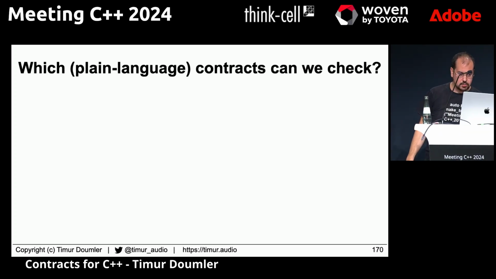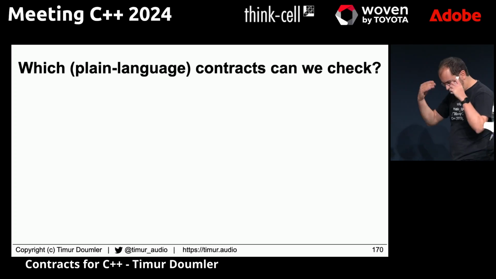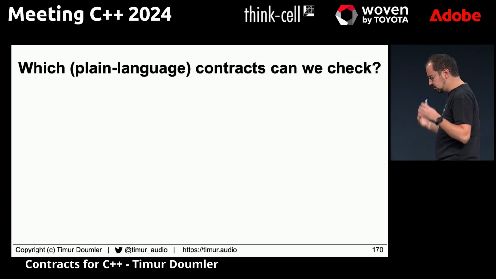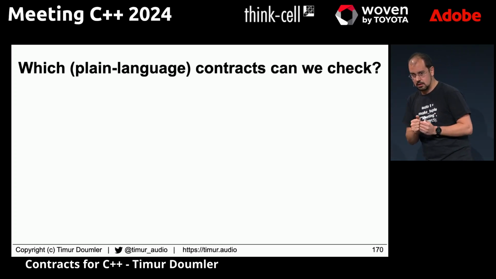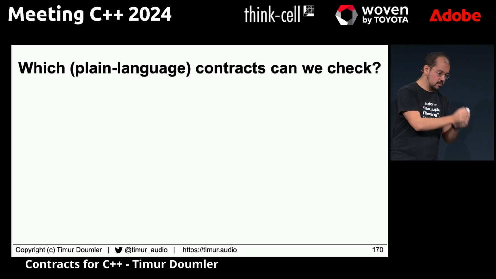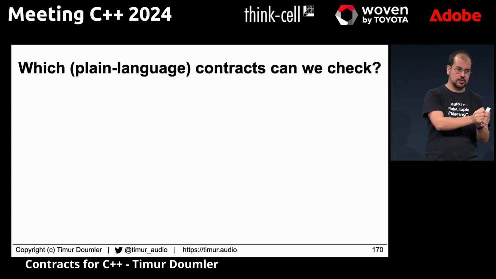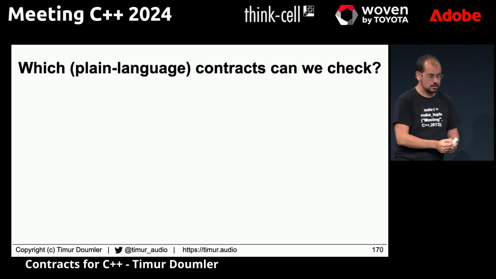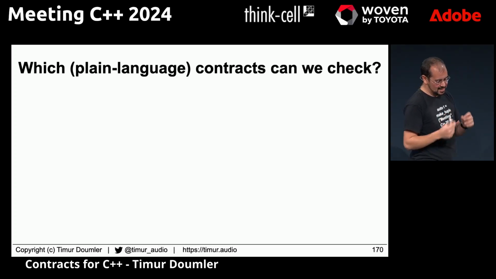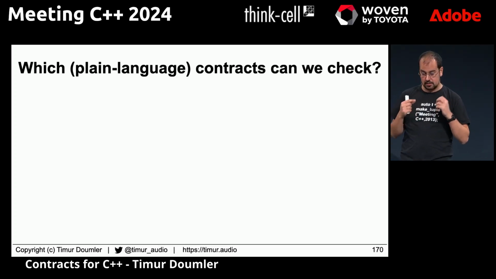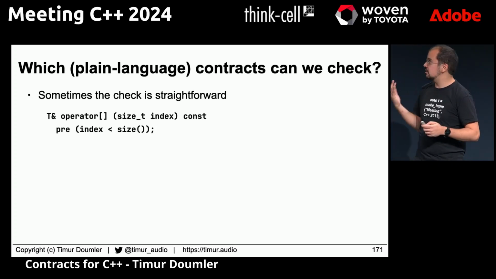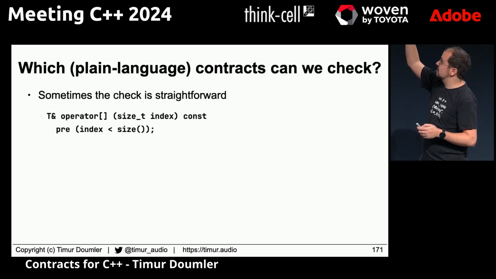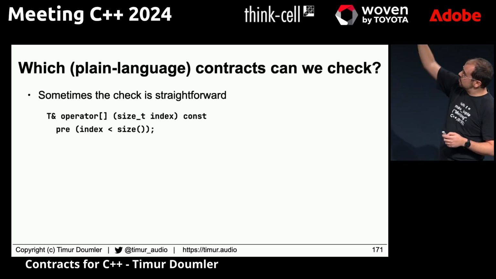And here's the last point I want to make. So there is this concept of a plain language contract, right? Which is the actual contract that your program or your function or your class has. This is the thing that you expect it to do in order for it to be correct. And if your program or your class or your function satisfies its plain language contract, it is correct. Now, it turns out that we can't check every part of the actual plain language contract with contract assertions. For some of the things, it's very easy. If part of your contract is you don't call this out of bounds, you can just straightforwardly add an expression